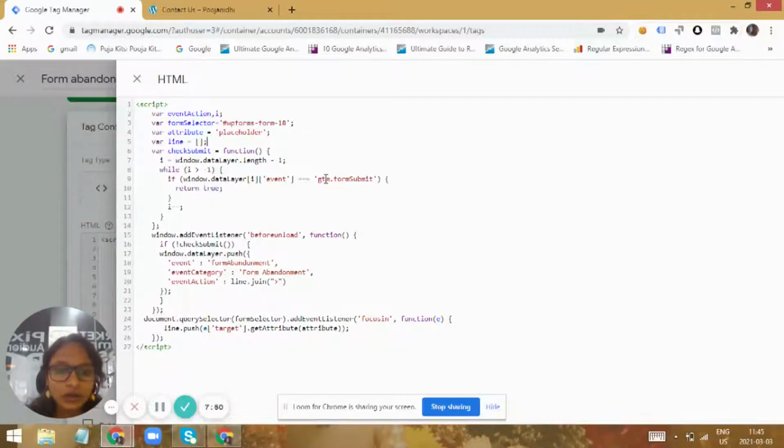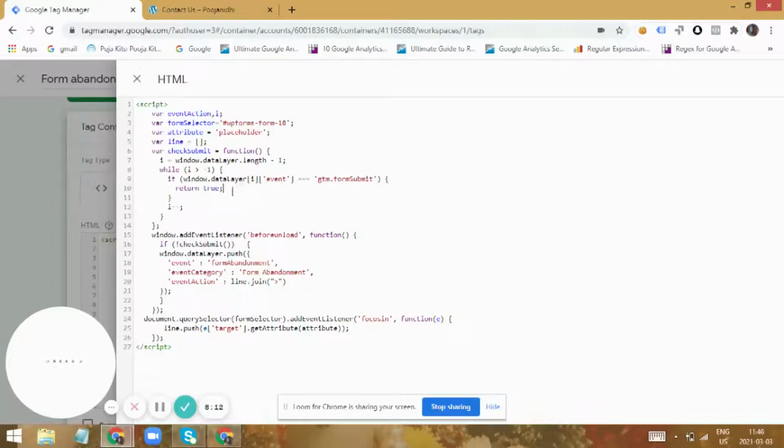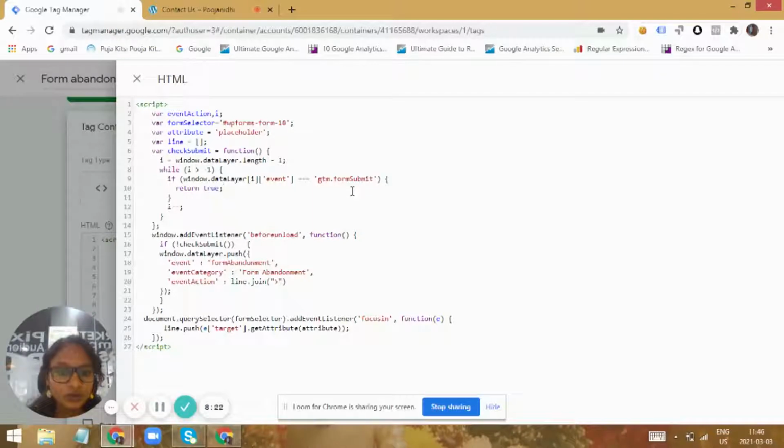All these events are passed to the data layer itself. As you are aware, the data layer will have an event with every data that is sent. So while the form is being submitted, GTM pushes an event called gtm.formSubmit into the data layer. So you can identify that particular event with the actual action performed, and when a form submit happens, this function will return true. Whenever this action is performed, that value will be returned as true, and then the function will be executed.